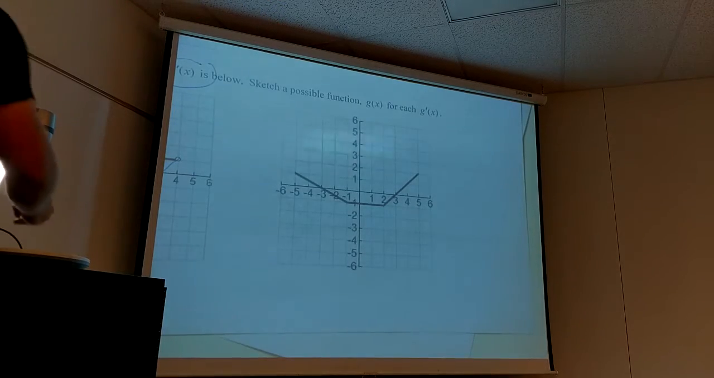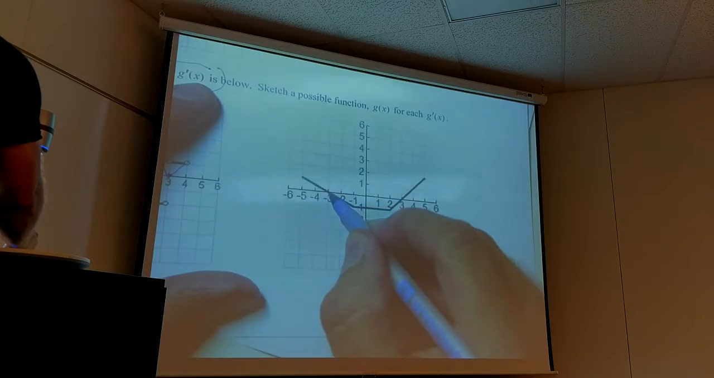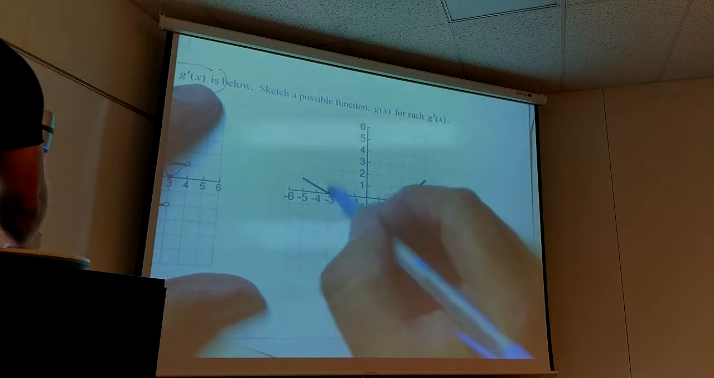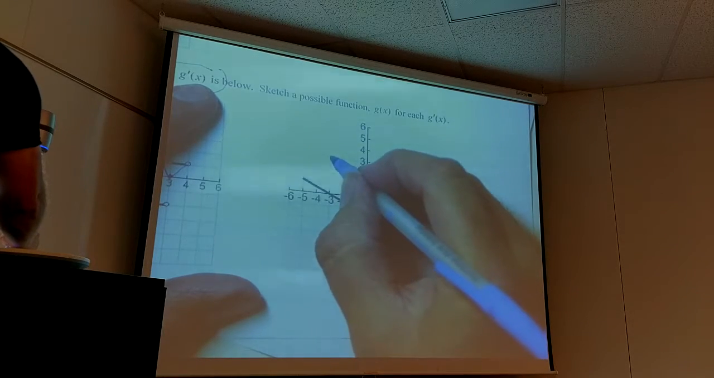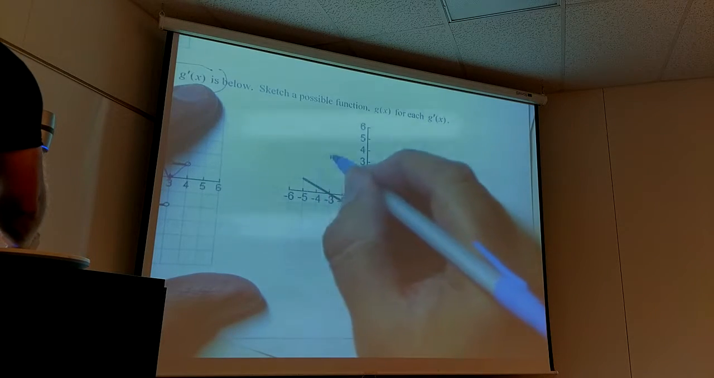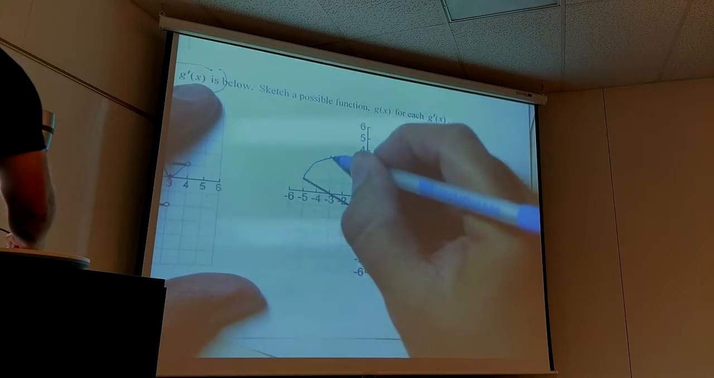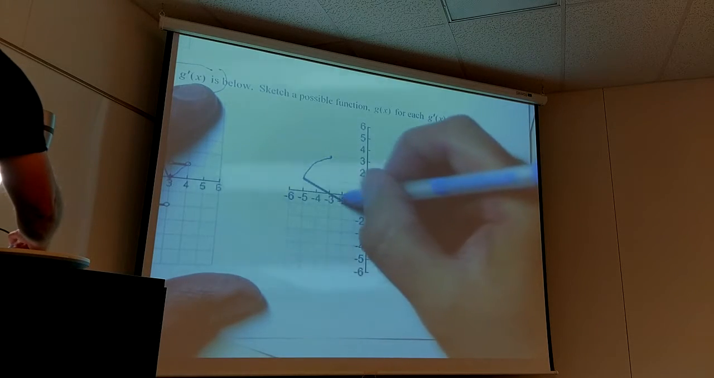So what's the slope to start with? Positive. I love it. Getting smaller. All right, so maybe I'll start up here. And right here is where the slope's got to be 0. So the slope is positive, getting smaller until it gets to 0, so I can go like this. And then it becomes negative